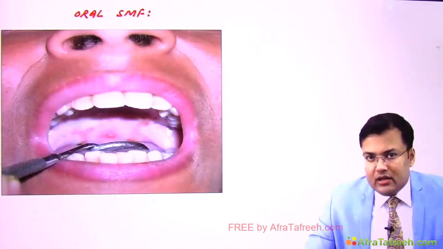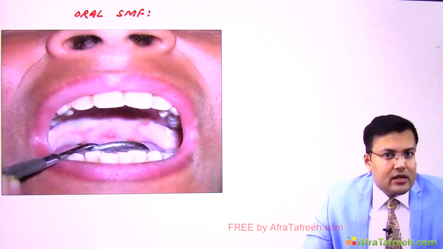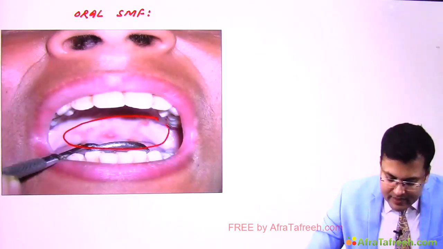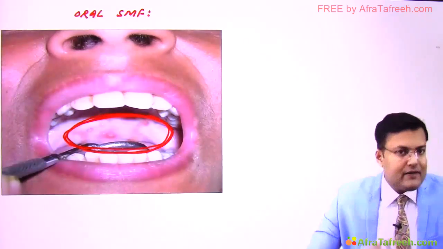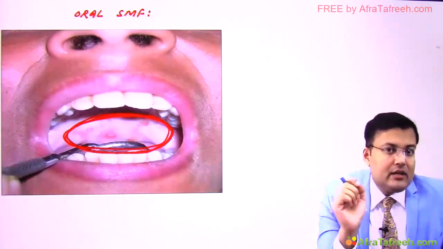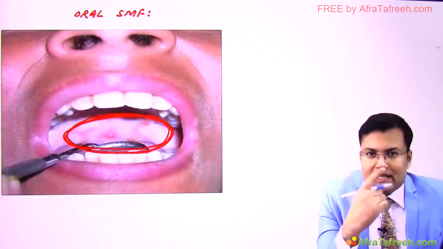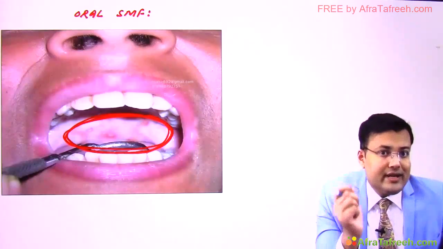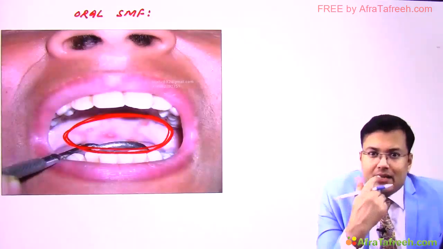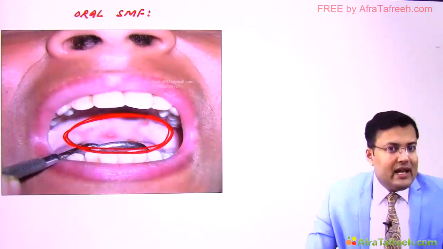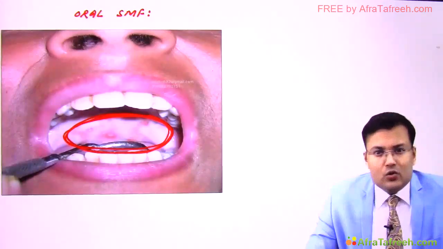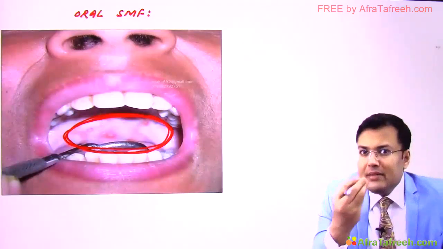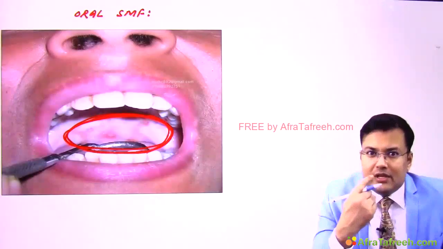Here you can see the term is self-explanatory. Submucous fibrosis. So the problem in the oral cavity is the presence of a fibrous band in which particular layer? Submucosa. Because of this extensive fibrosis, this patient is not able to open the mouth completely. So there is restricted mouth opening, and restricted tongue movement also. Generally these patients are females who have the habit of chewing betel nut for a longer duration. They keep the betel nut in the mouth and keep chewing it.